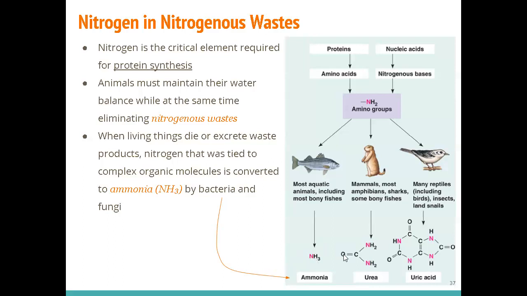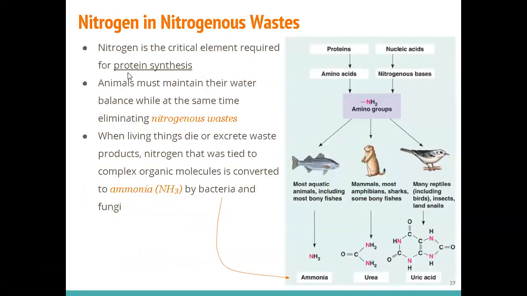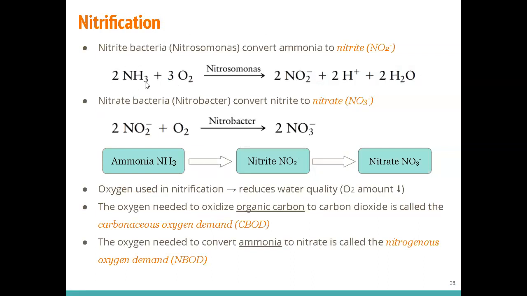They have different forms in different types of organisms. For example, birds excrete a more complicated chemical compound, and in mammals or fish, we release ammonia. That's what we find in the wastewater, because everyone goes to the restroom, right? So why do we talk about nitrogenous waste? Because if you release that to the environment, it's going to need oxygen to decompose, which means we need to talk about the oxygen demand coming from the nitrogen we release to the environment, which is ammonia in here.